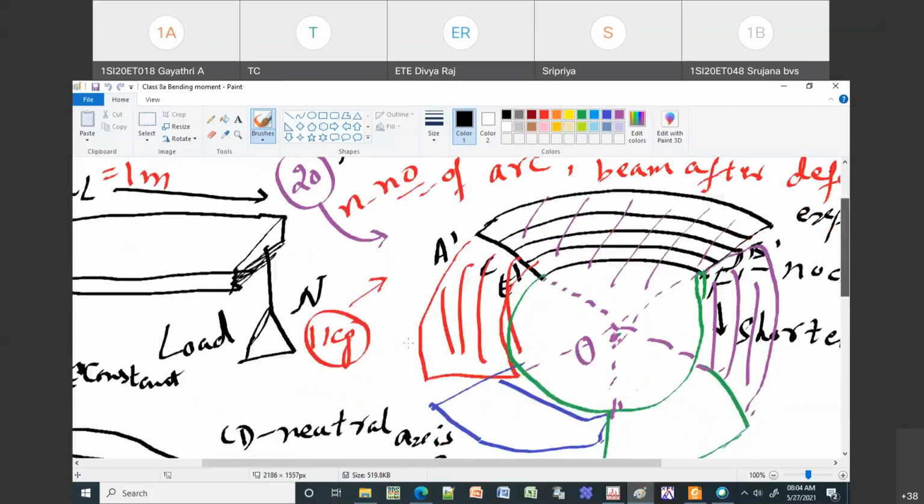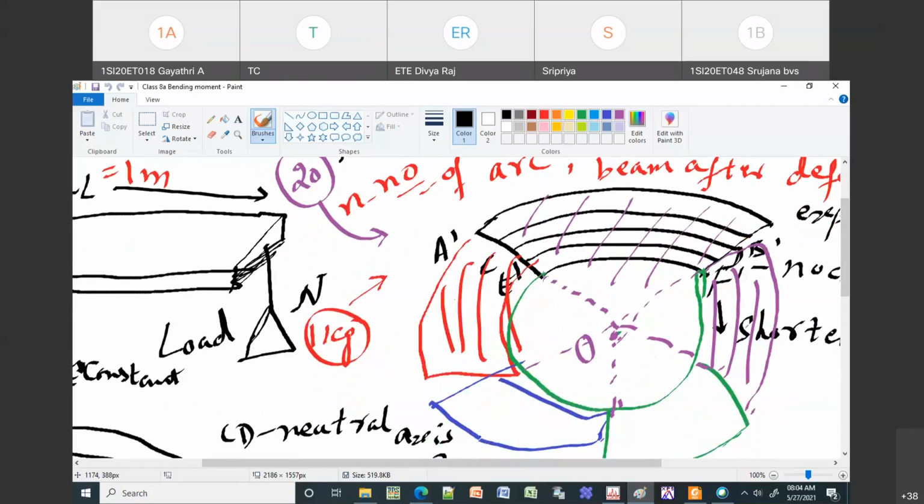If I now join all those 20 beams together, then it will make a very big circle, like your giant wheel. You may see some giant wheels; this is how they make them. They make a small portion of the arc, fix all those arcs together, and then it becomes a big wheel, made out of all these beams after deformation.